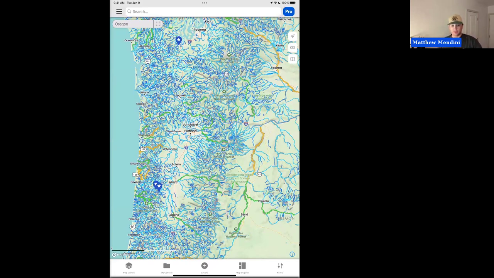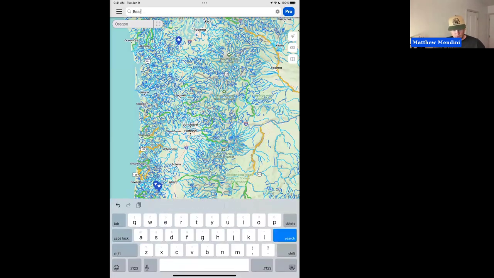The other thing that this is going to be really useful and probably most powerful for is informing the search tool. So obviously, one example is going to be Bear Creek, right? There's Bear Creeks all over the country. So say we've got Oregon selected right now, but we're searching for Bear Creek in a different state. If we start to search Bear Creek,